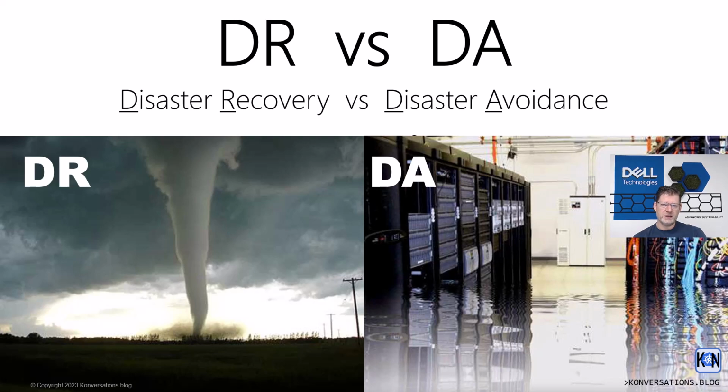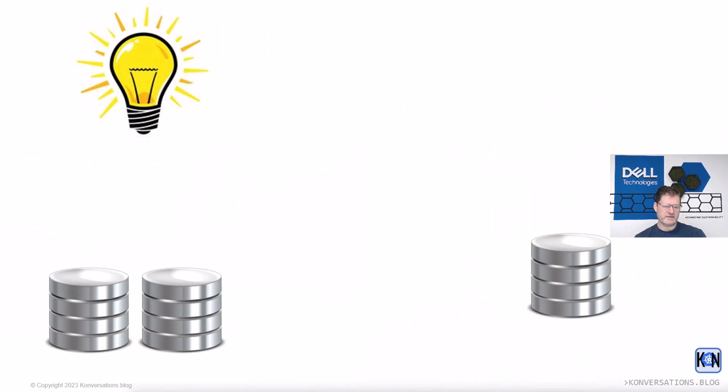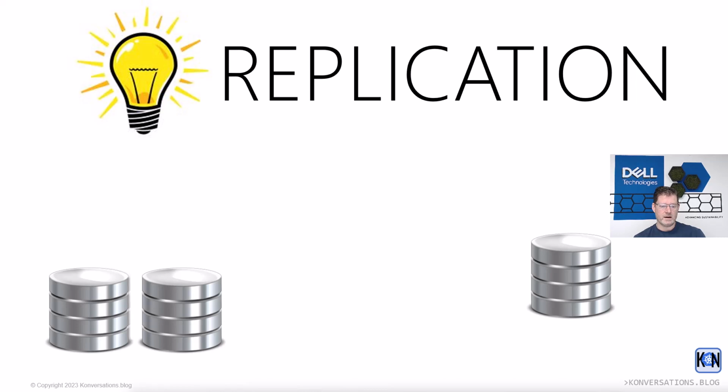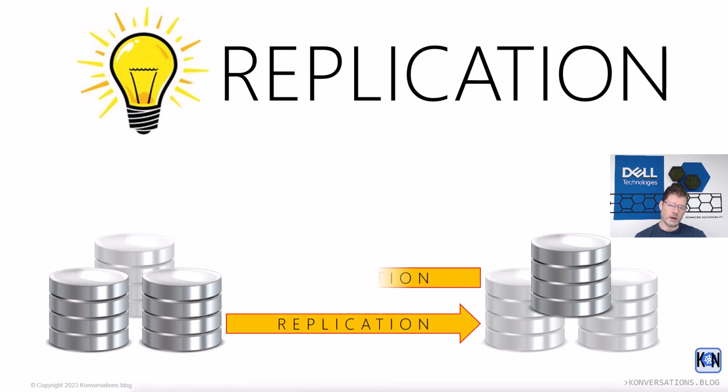So in the history of time, it all started with replication. Someone had this bright idea, said, okay, I have data in 2 places. Why don't I replicate the data from one data center to the other and from the other data center back to the first one? So really cool, right? It allows you to have your data in more than one place, which means that you can recover from any disaster because your data is safely replicated to another data center.